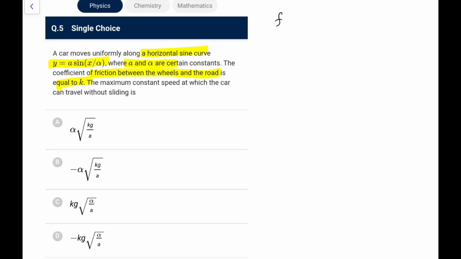So whatever we have, that friction is providing mv square by r, and I know that should be less than or equal to mu s mg. Now what we can do, this mu s mg or kmg, whatever you can write, let me write it as k. So what we have, v square by r should be less than or equal to kg. And what would be the radius of curvature? Now radius of curvature won't be the same because the curve is not a perfect circle, it's something like this.